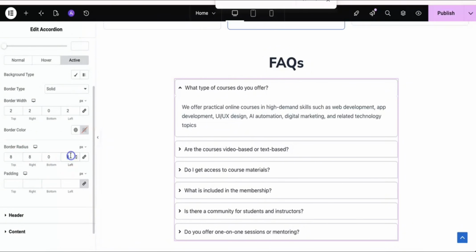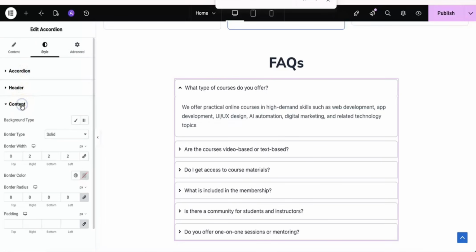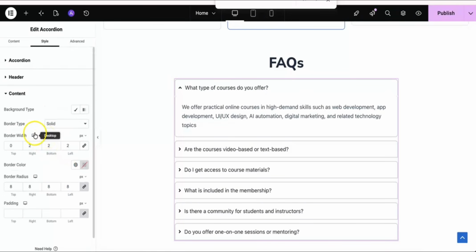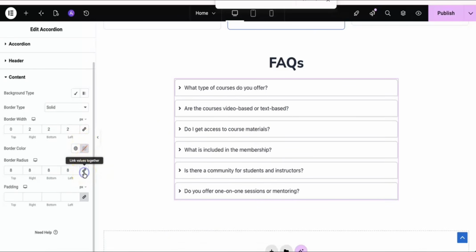On left side we will make it 0. Yes, in the same way we will go for the content, and here we will do the same thing, but here we don't have the option of active. Yes, we will go here and unlock this,